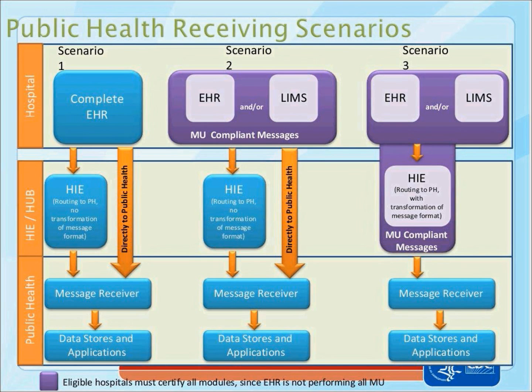And then scenario number three is one that we're seeing more and more, where health information exchanges are actually providing some value-added services along the way. So we've got EHRs and laboratory information systems or syndromic or ED registration systems routing information through an HIE, but the HIE is actually adding some services onto that. And some examples of that